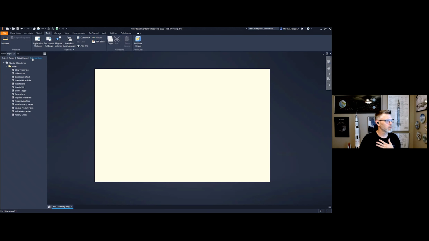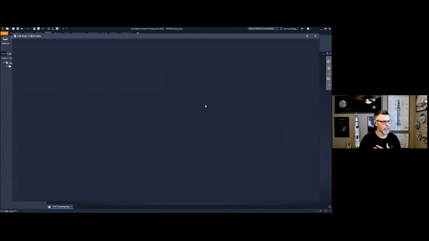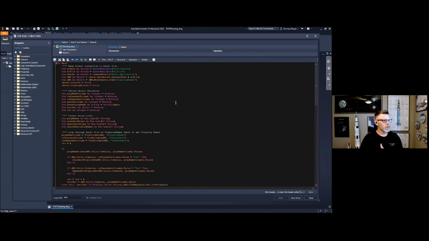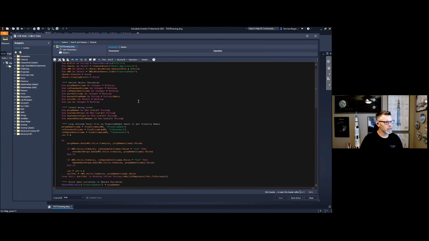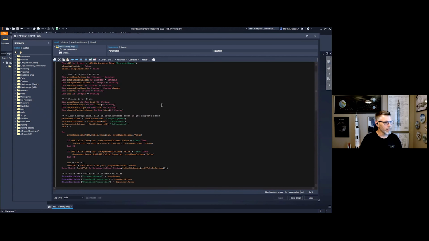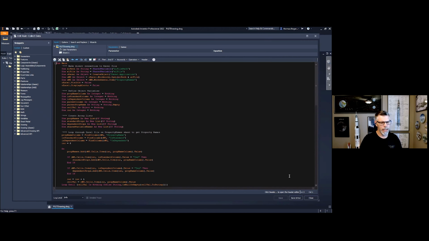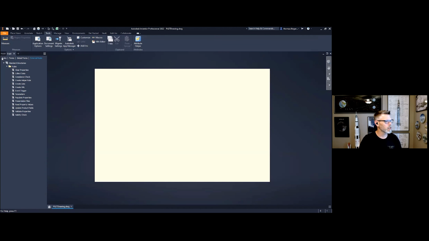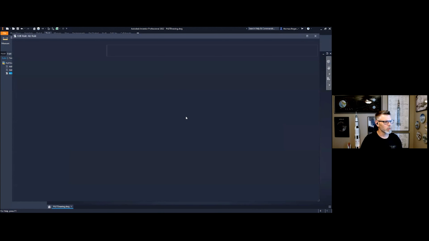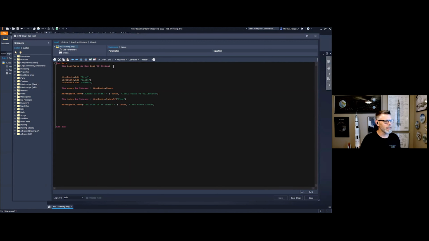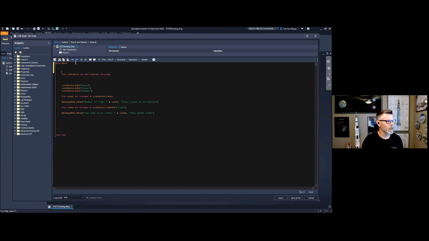Couple different ways that I like to use collections. Let's see here. Let me go into this rule here. So there's a couple different ways that we can create collections. One way that I like to create collections is actually, let's go to this other rule here. Let's go to this rule right here. So one way that I like to use collections is basically called a list. Okay, so I'm going to create a list. I'm going to give it a name, and then I'm going to tell it what type of information goes in it.